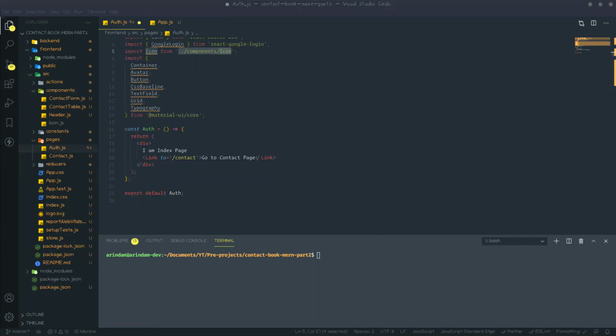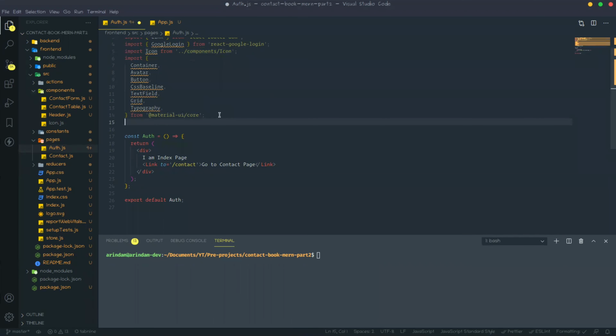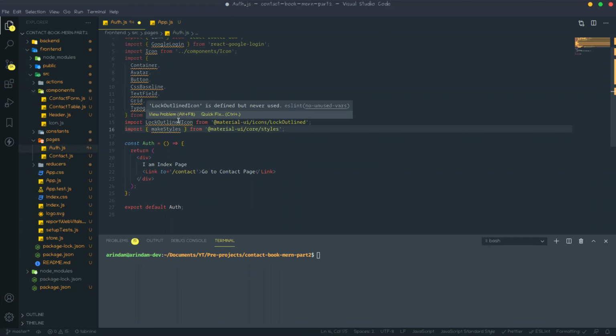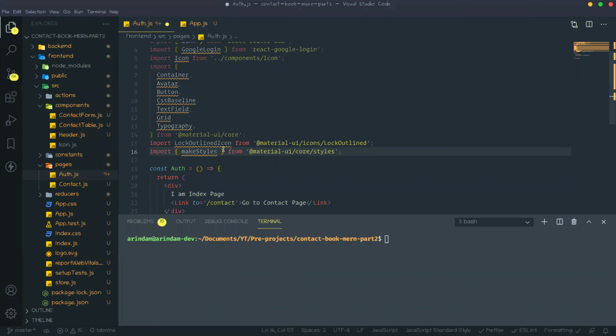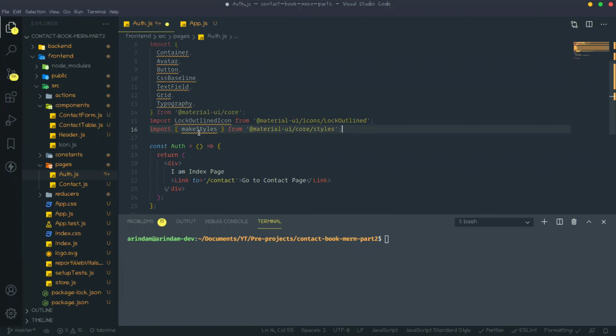Now we also need some styling. We also need the LockOutlined icon. So this is the LockOutlined icon. Okay, this is makeStyles.